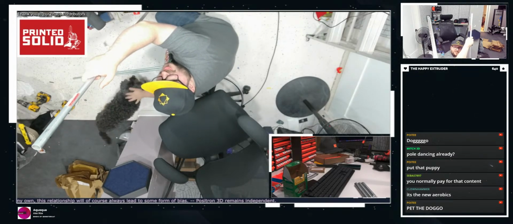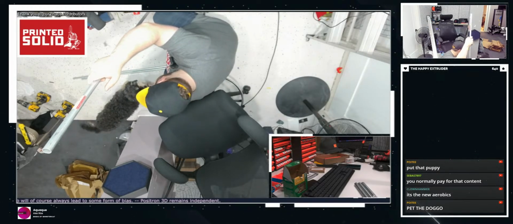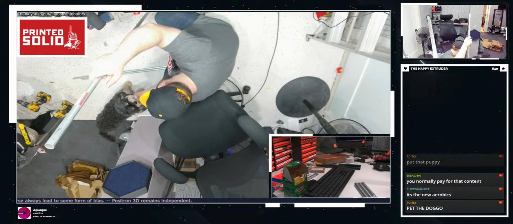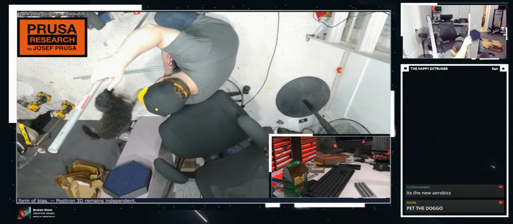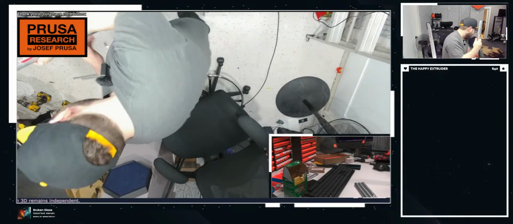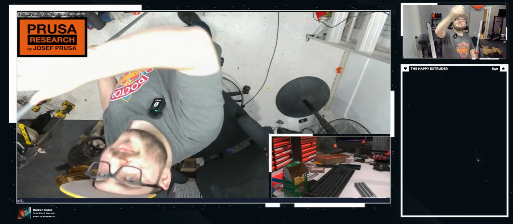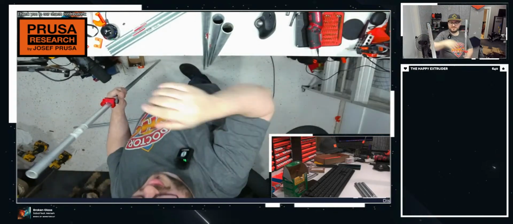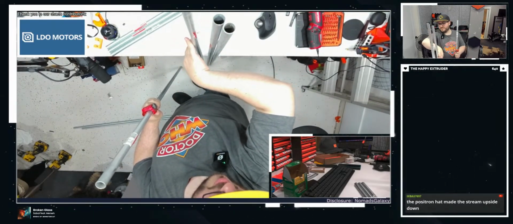I know we're upside down right now, but, you know, upside down or not, we're petting the doggo. Oh, who's so soft? You're so soft. Who got a bath yesterday? You got a bath yesterday. Oh. That's Lulu. Positron made the stream upside down.